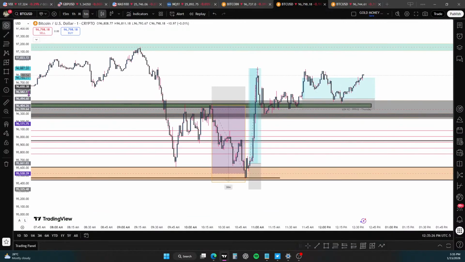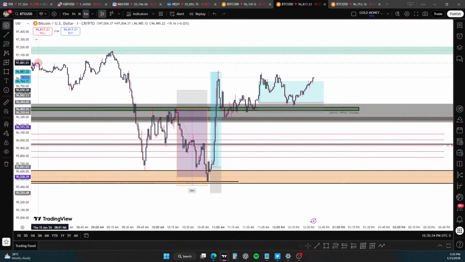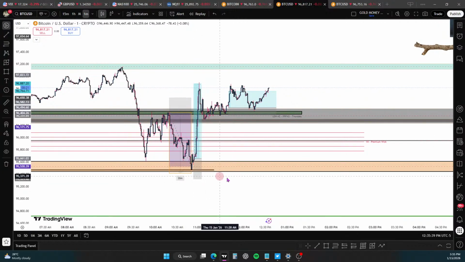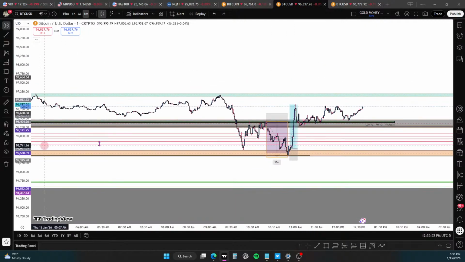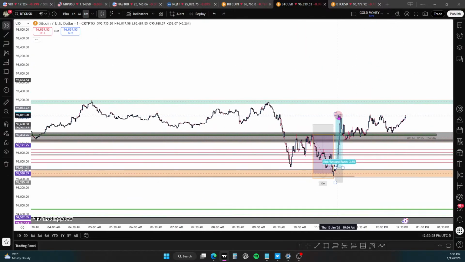As ICT would say if he was explaining this, it's probably random. You would just confidently go, that's probably random. And these two entries, you're done for the day after that, really. That's all you need. Look, you took 2 trades. You don't need to mess with anything else. That's absolutely insane. But unfortunately, they weren't real and they're just examples. But that did only take half an hour.